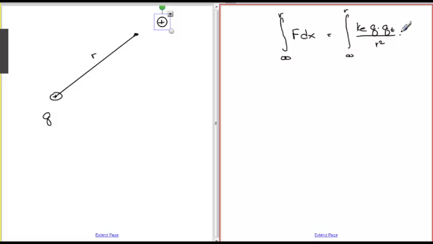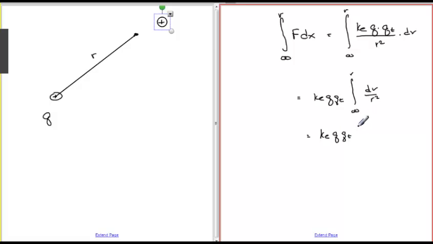And r is not a radius, it's just a distance, so really we're integrating with respect to dr. These three things are constants: the actual charge, the test charge, which is just a small charge, so you can take these outside the integral sign, and what you end up with is the integral from infinity to r of dr over r squared. That is Coulomb's constant times the charge times the test charge,